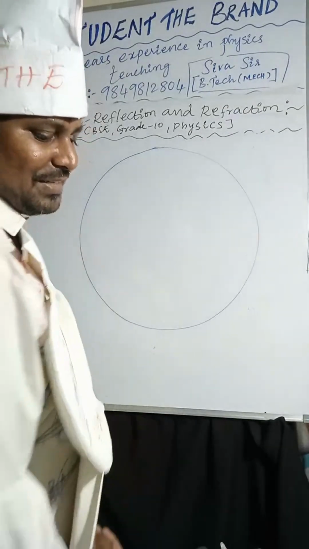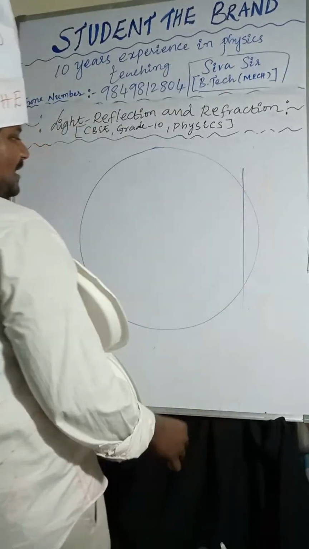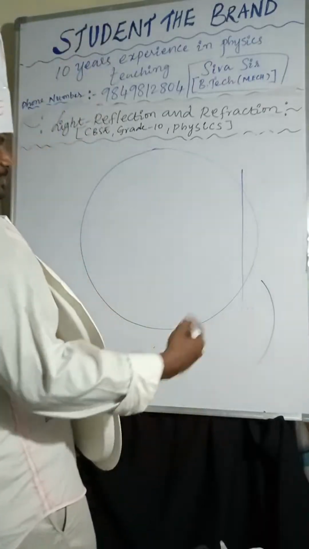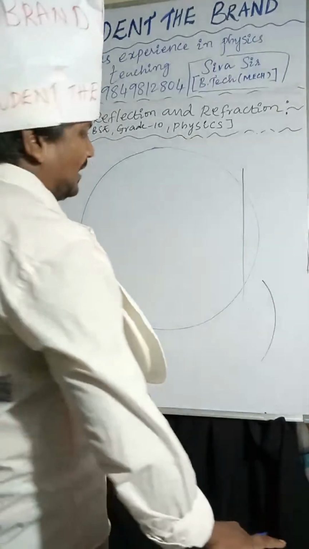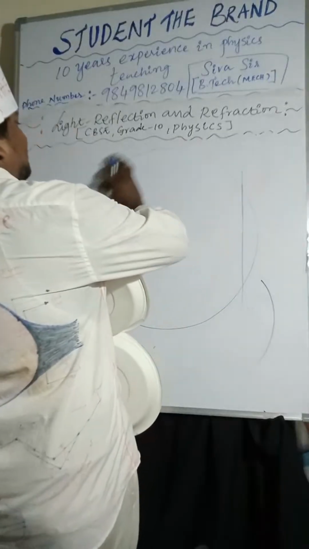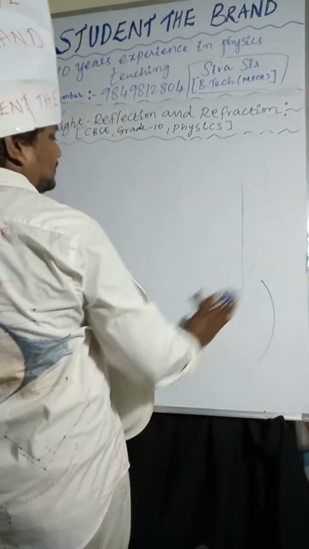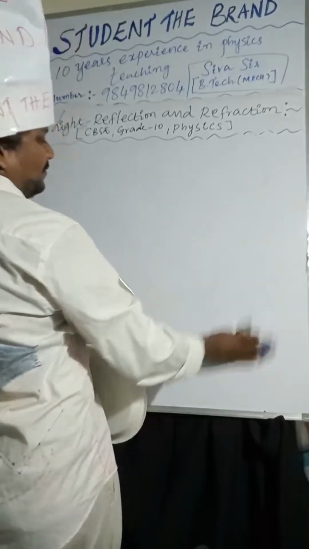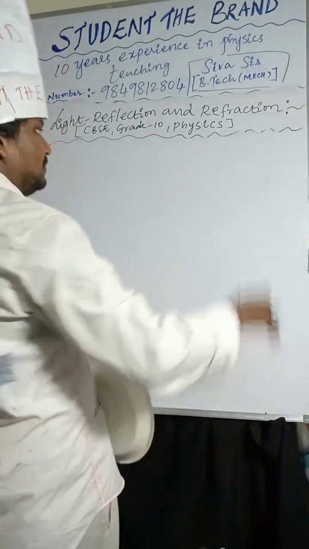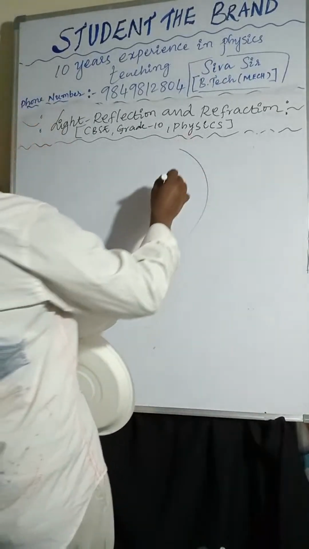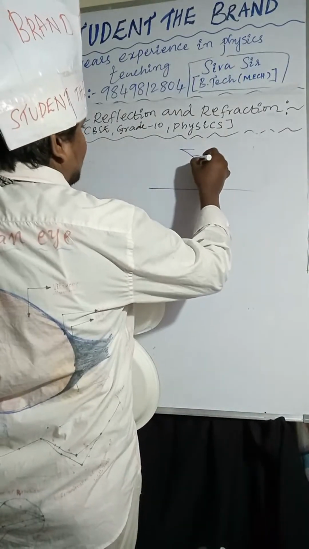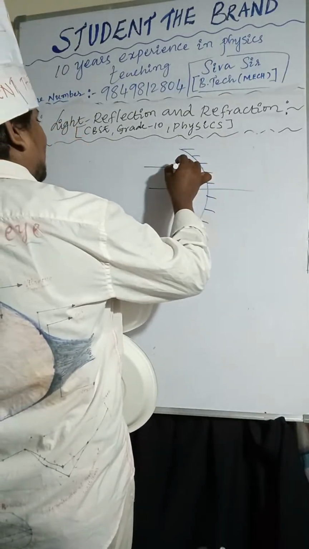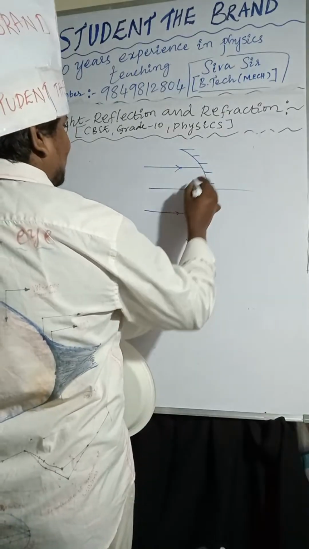Okay, so now I'm considering a small curvature, like this. It depends on the reflection. Depending on the reflection, mirrors are divided into two types. I'm considering that one side is coated and the other side is the reflecting surface. So if the light rays are incident on it,